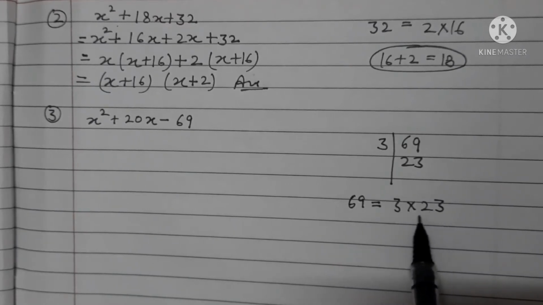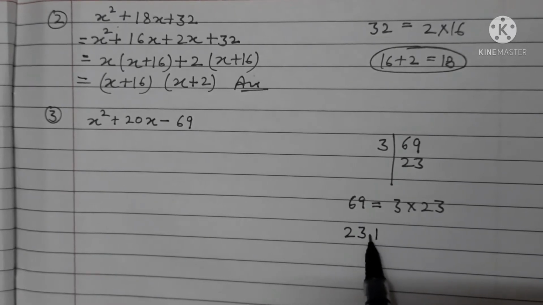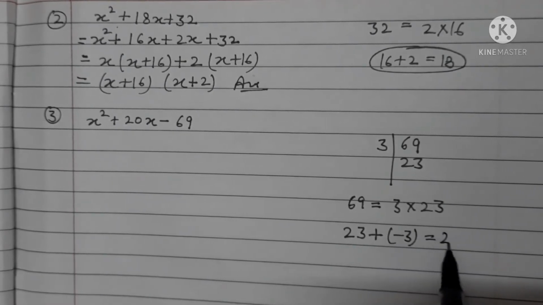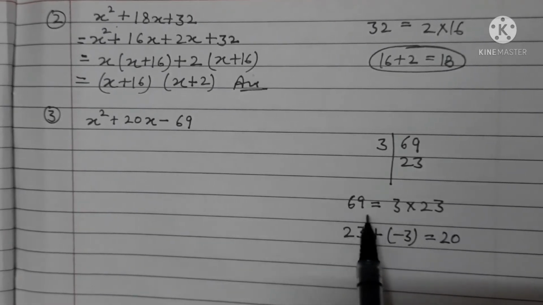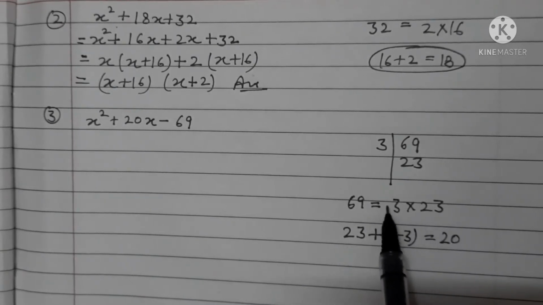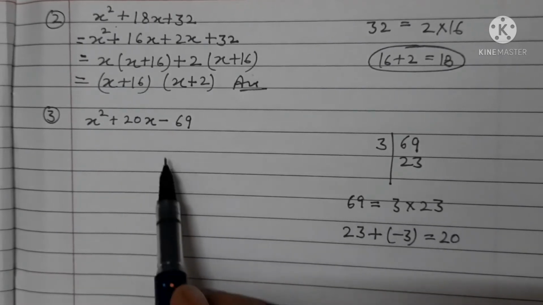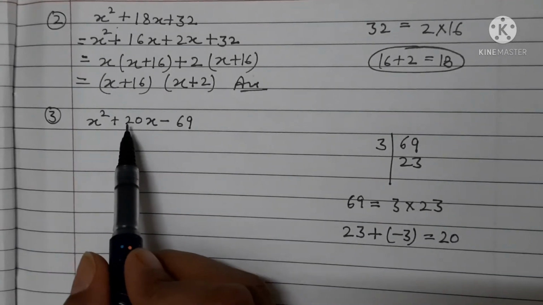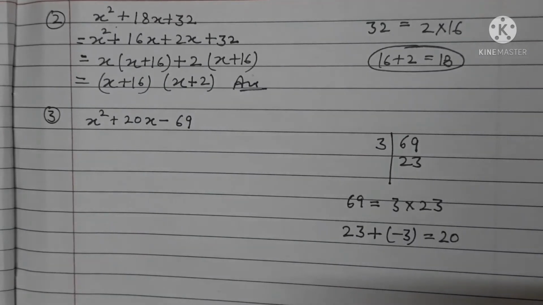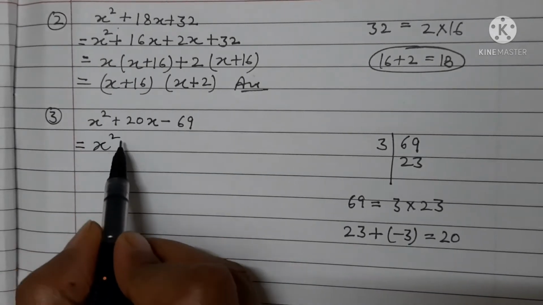and when you add these two numbers like this, 23 plus minus 3, you will get 20. So it means you break 69 into 23 into minus 3. Here no need to write minus 3. You know how to make 20 here by using the suitable sign. So you can write it like this: x square plus